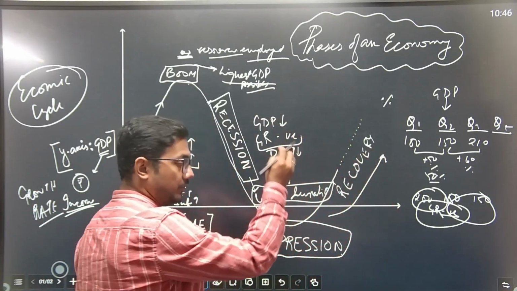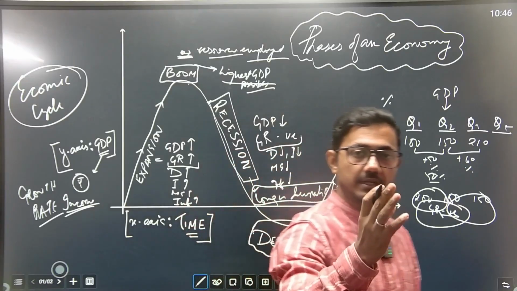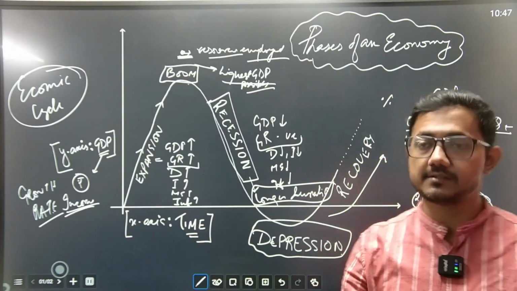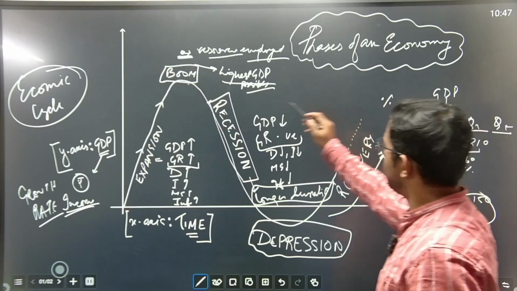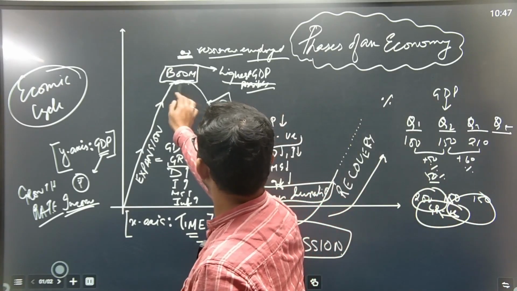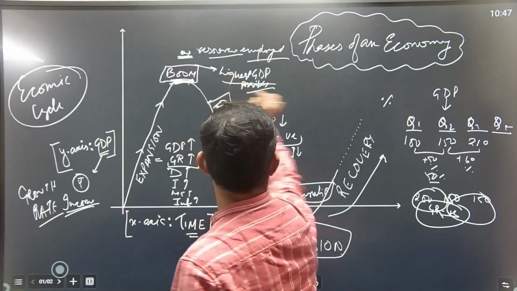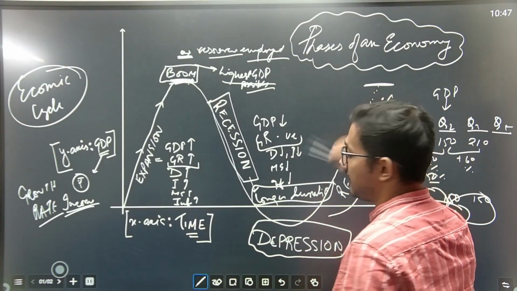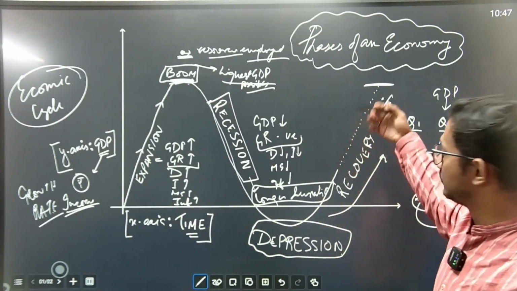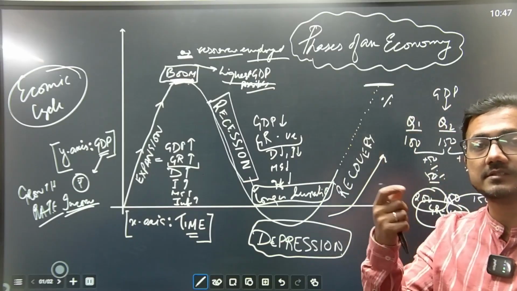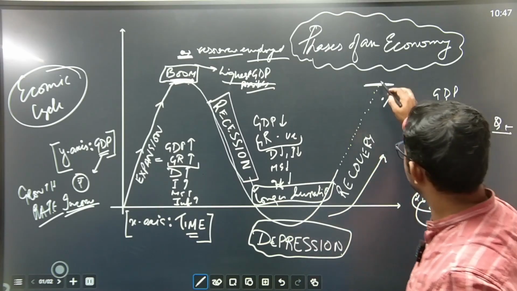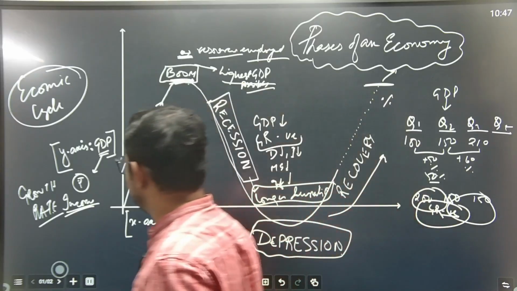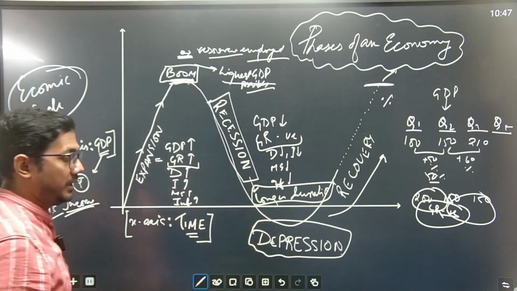Here again, GDP will expand, growth rate will expand. But that phase will be known as the recovery phase, because until this level, this is the potential we have seen of the economy. Until this level, if the economy does not grow, this phase will remain as recovery. After that, expansion will start. So these are the different phases of economy.